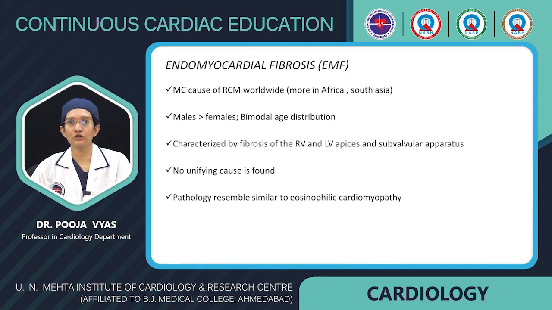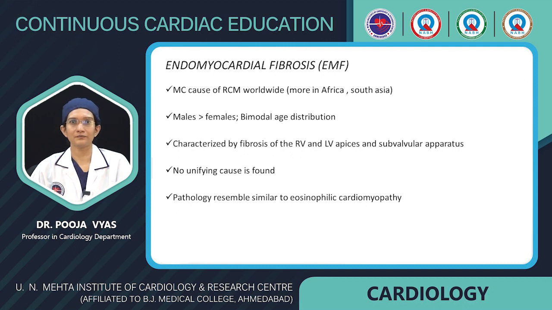Next disease is endomyocardial fibrosis. We can say that it is the most common form of RCMP worldwide because it is very common in Africa and South Asia. It is more commonly found in males as compared to females. It has a bimodal presentation. It is typically characterized by fibrosis of the RV and LV apex, which leads to blunting, and there will also be fibrosis of the subvalvular apparatus. No causes are usually found in those cases, and pathology usually resembles